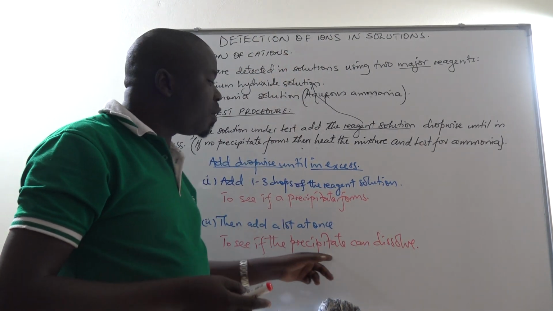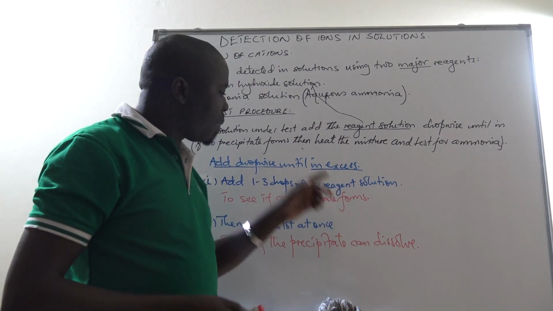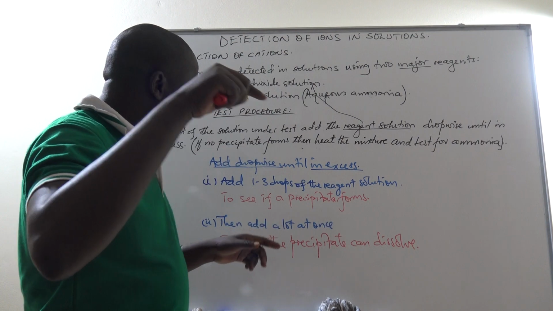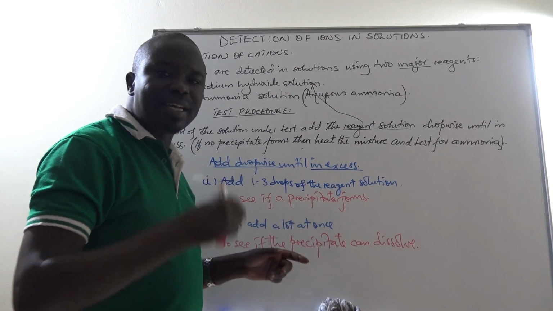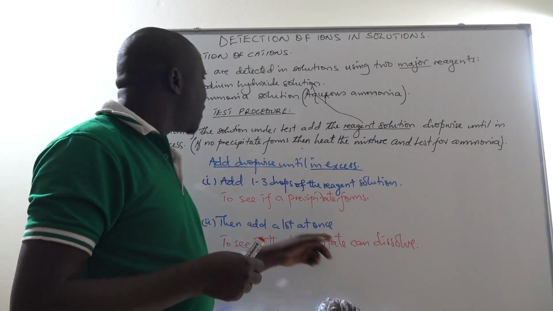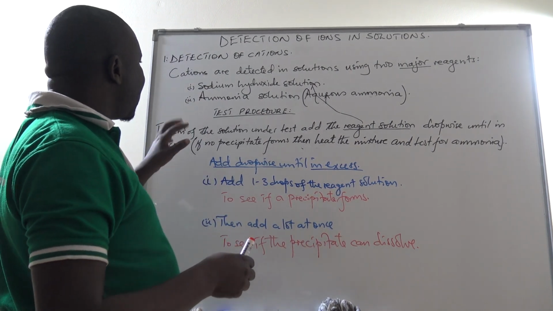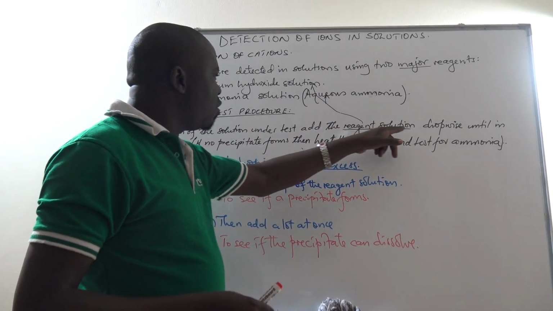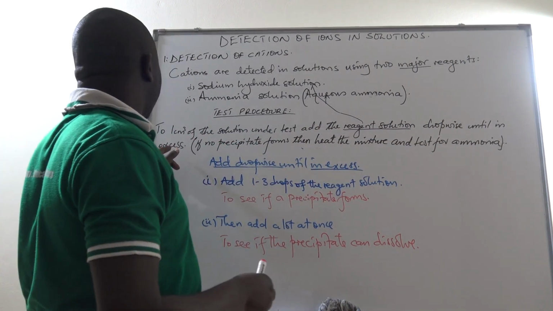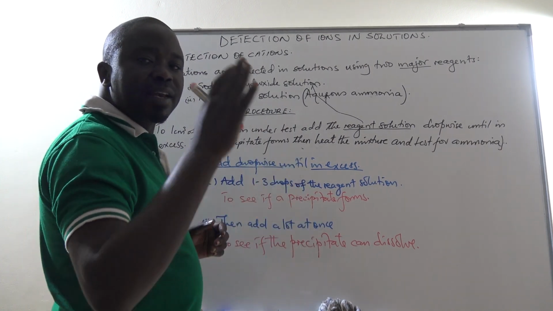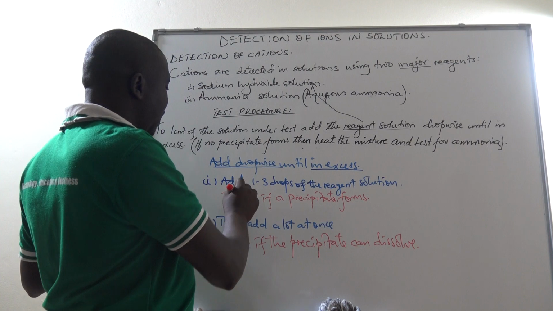It may dissolve or it may not dissolve. But if it fails to dissolve, then you must have confirmed that it cannot dissolve. Really, it has failed to dissolve, because sometimes it may dissolve. So the test procedure in this case for either one of these two is to add the reagent solution dropwise until in excess. So I say that for the sake of simplicity and time management in this case, you add